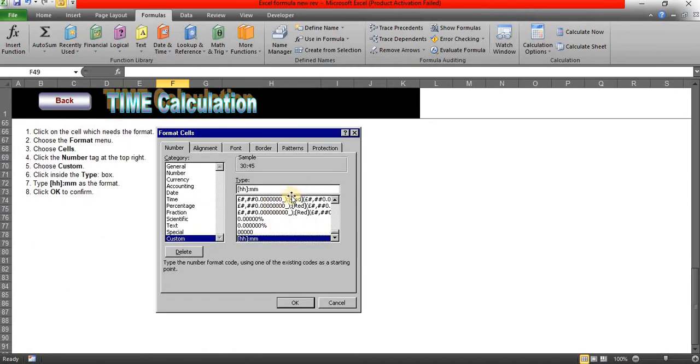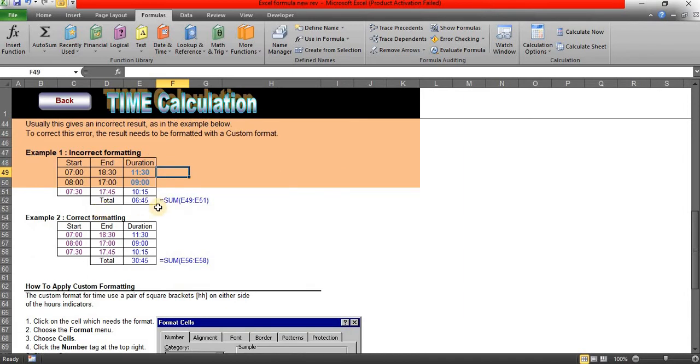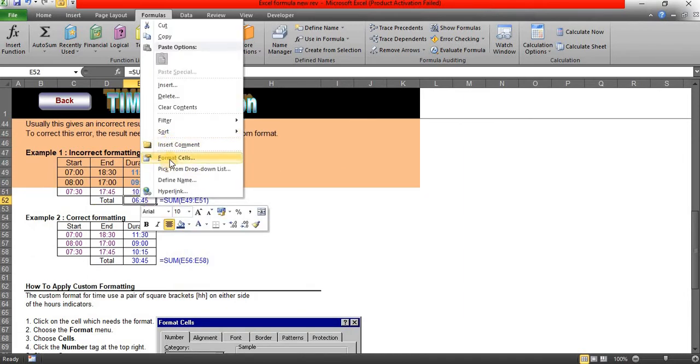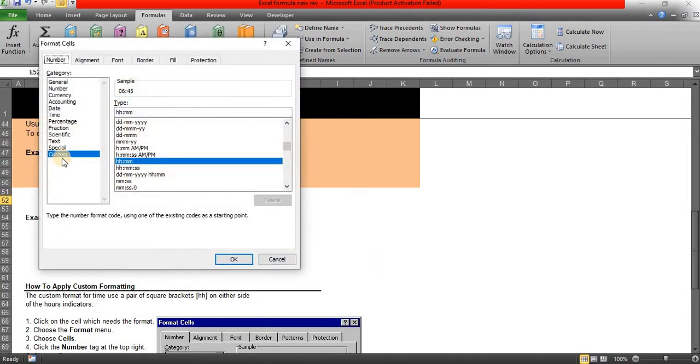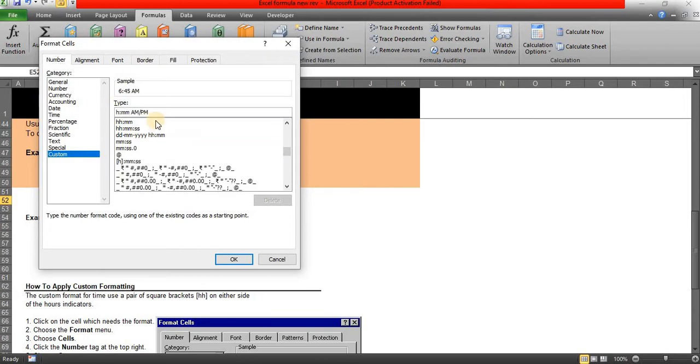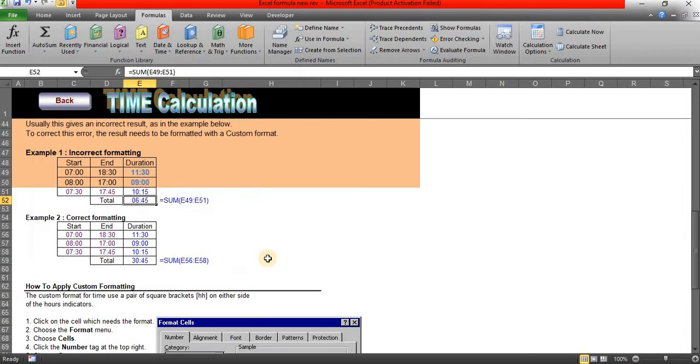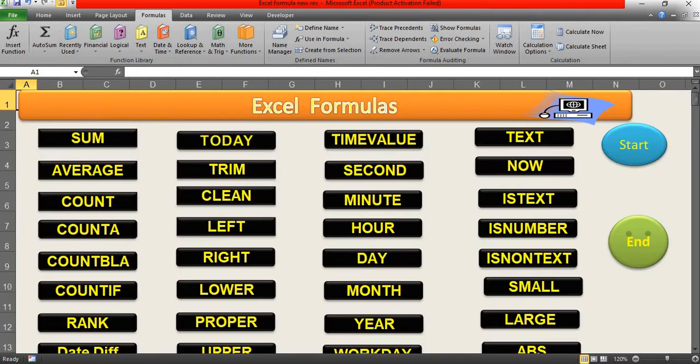In the custom format we have a lot of options for the date and time and other features. Let me go to the custom format. Let me show you Format Cells, and in the custom format we have a list of other formats: hour, minute, seconds, and the others. So once you have done the formulas, just change the format as per the requirement. You need to change the specified format, then only you can see the exact results. Whenever you change the time or date, it will display the exact results.